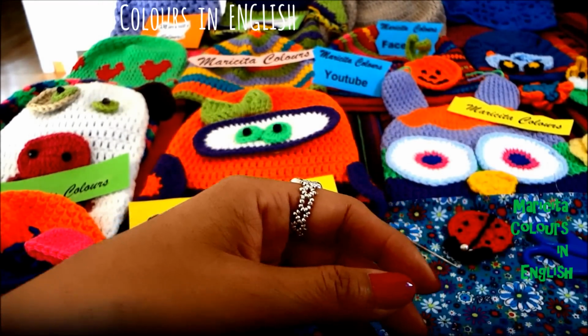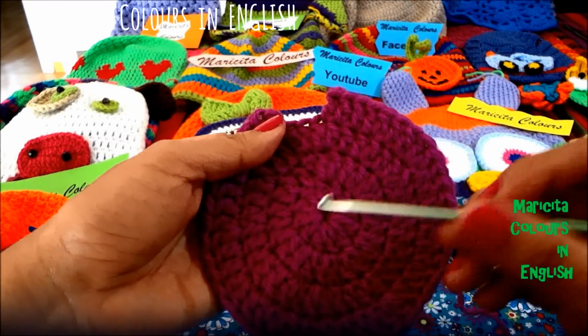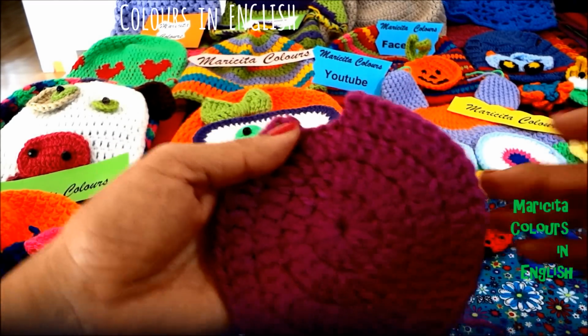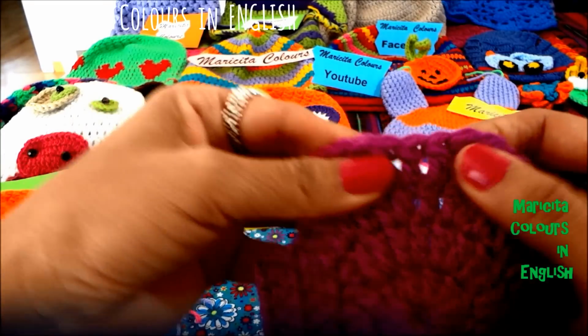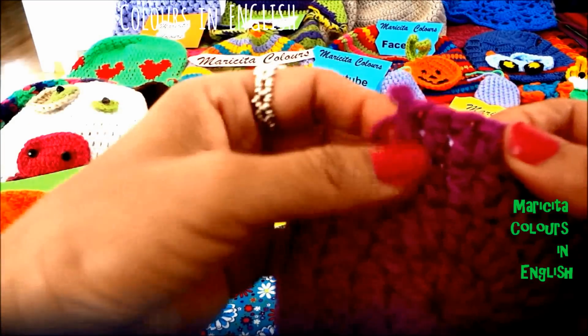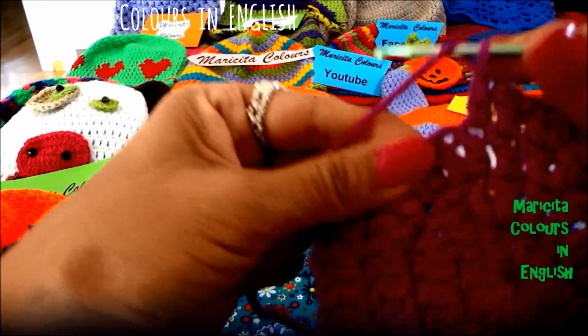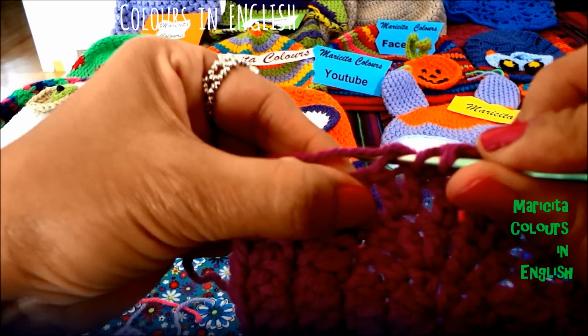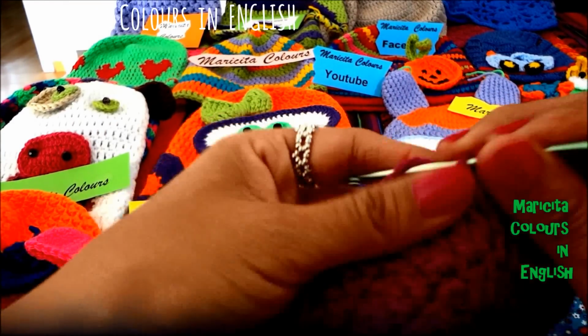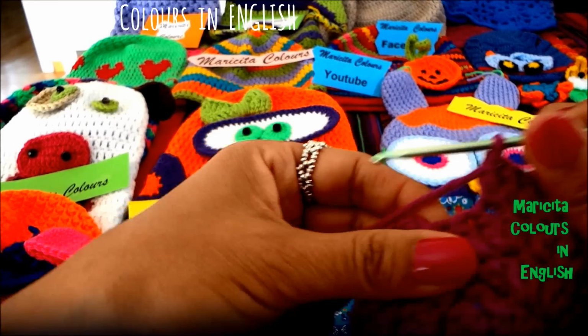2 together, 2 alone. I have another pattern, advanced. I use here a thick yarn. Here I have 2 together, 2 alone. And when you use thick yarn, which is bigger, your beanie hat goes more quickly. Here I must make 2 together,